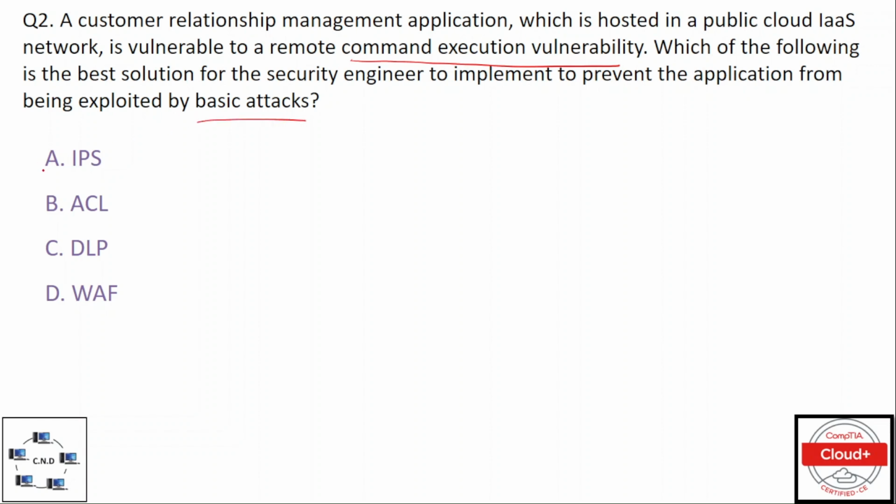And the options are option A, IPS, Intrusion Prevention System, option B, ACL, that is Access Control List, option C, DLP, Data Loss Prevention, and option D, WAF, Web Application Firewall. And the correct option is